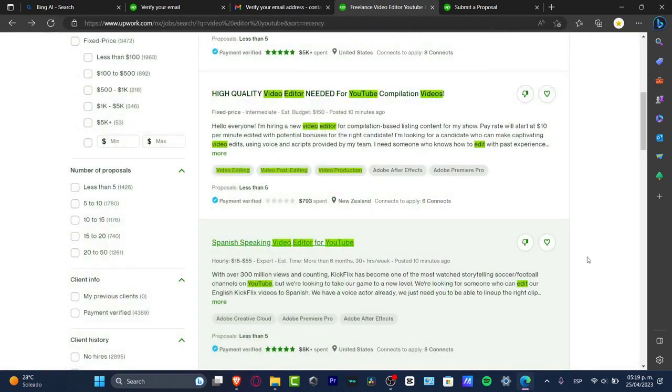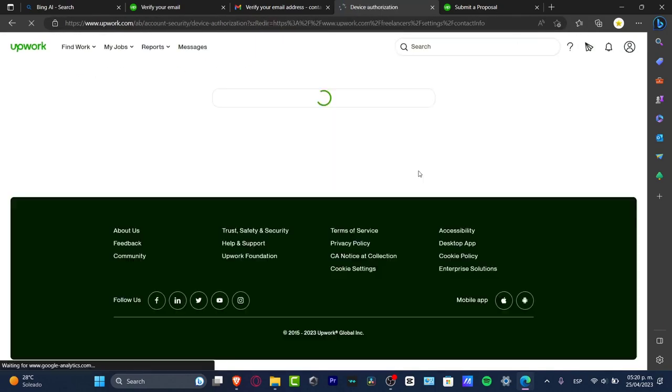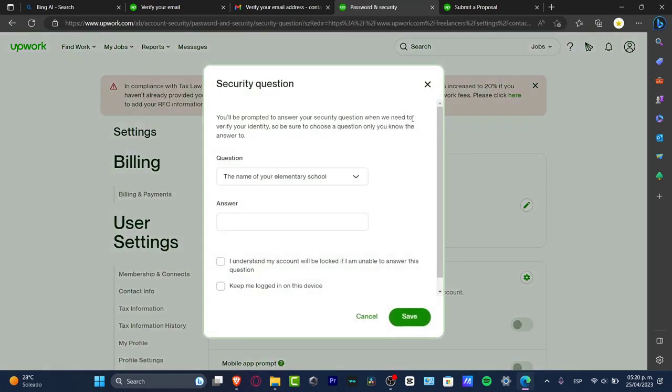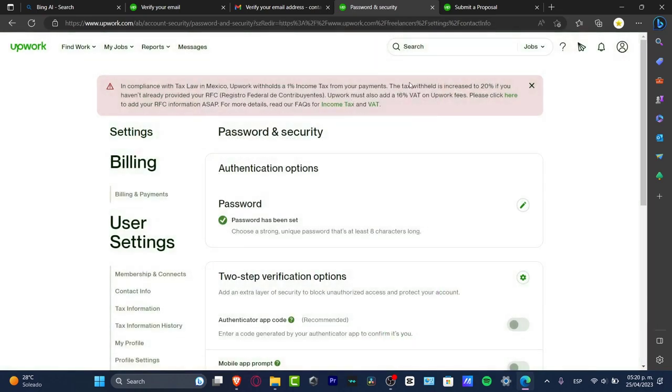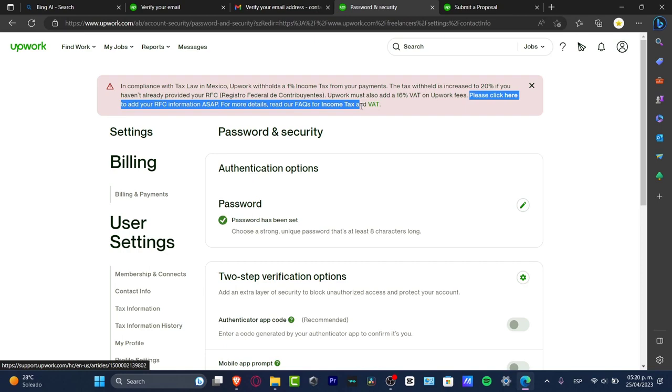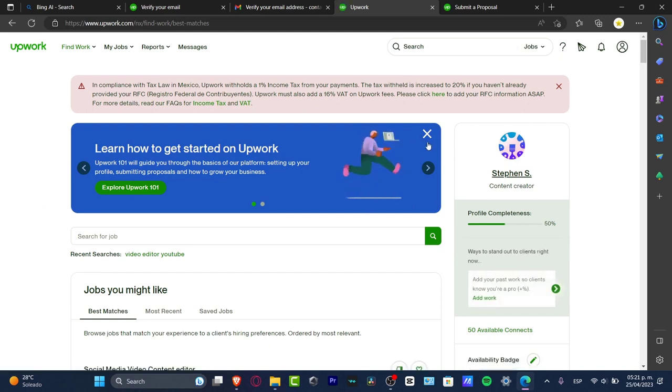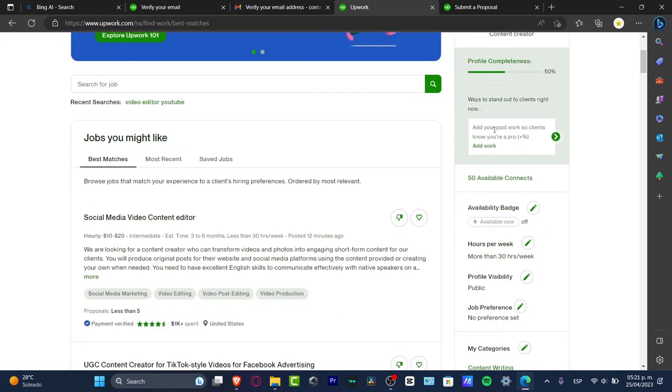Now, in order to start receiving money, you want to focus into your profile. Here what you wanted to do only is to fill all your taxes, your billing and payment, your tax information, your profile. Everything is going to be really important to increase the 20% of the withheld. So I'm going to go of course with please information ASAP, and hit now into please click here to add your information. Then later on I'm going to be showing you how it's going to be looking a full-time payment job into the Upwork. If you want to check it out, you can leave it down below in the comment section. So I'm going to be showing you just like a walkthrough of how it's going to be looking